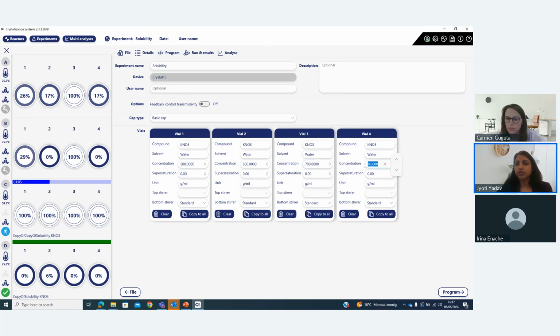You should take care that the compound and the solvent names are the same if the compound and solvent are the same. If you use a small w, because it is case sensitive, it will consider this as a separate solvent. So you may get a separate solubility curve for this water and this water. So always take care that you are using the same